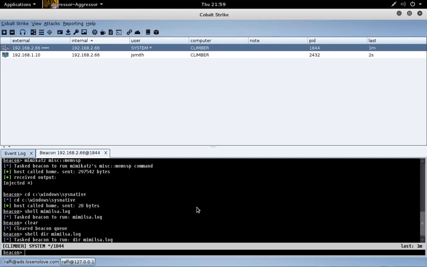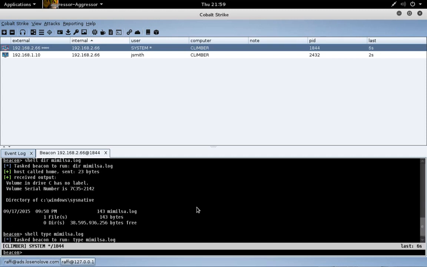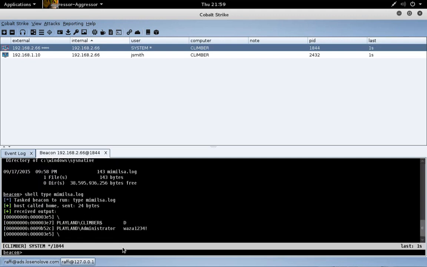Okay, let's look for mimilsa.log. And there it is. Let's just use the type command to put it up on screen. And there we go. There's the credentials for the administrator user who logged on since we patched the memssp